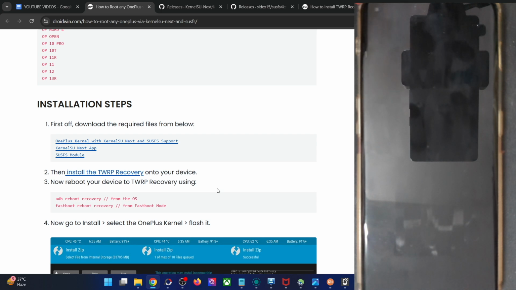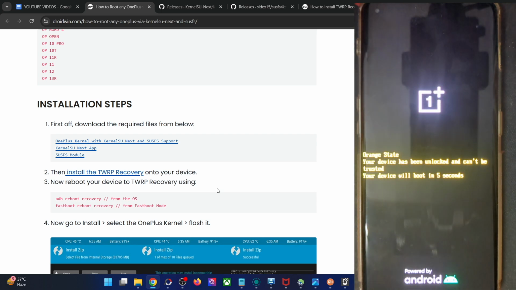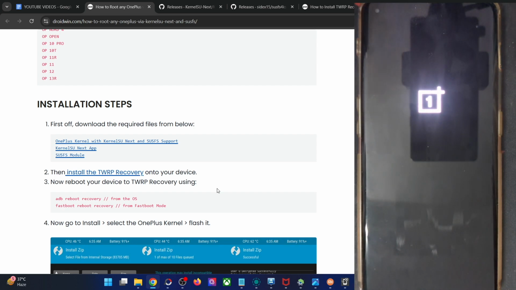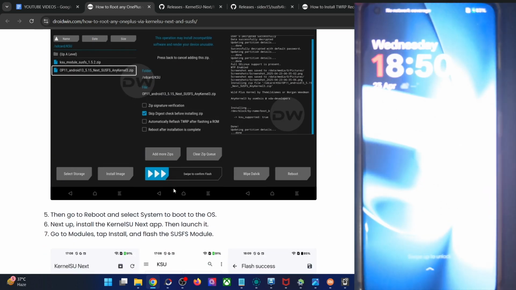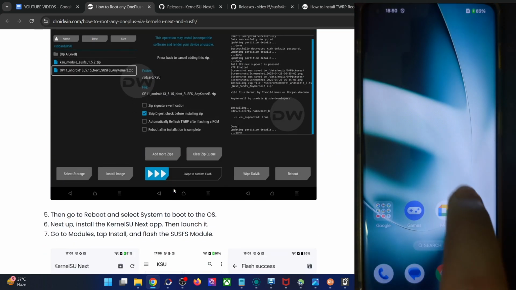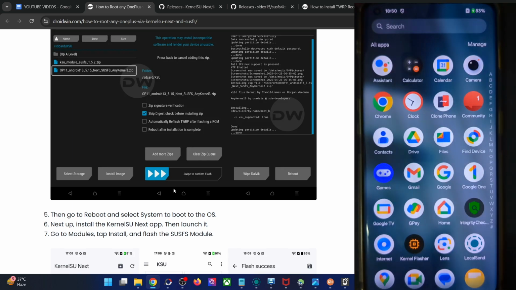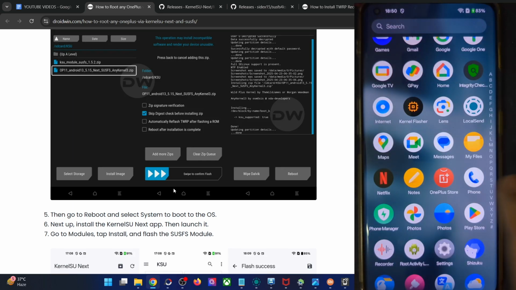It will take around 4 to 5 seconds. The first time boot up might take a little bit longer, which is completely normal and nothing to worry about. But it's not the case usually. So around 5 to 10 seconds, and your phone should now be inside the OS. And once we have flashed the kernel, your next course of action is to launch the kernel and then install the SUSFS module. First off, let's verify by launching the kernel app.